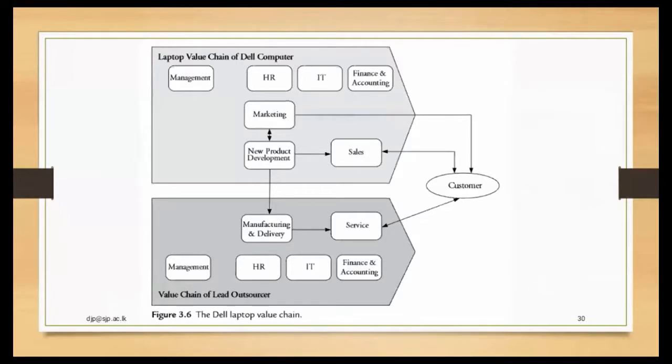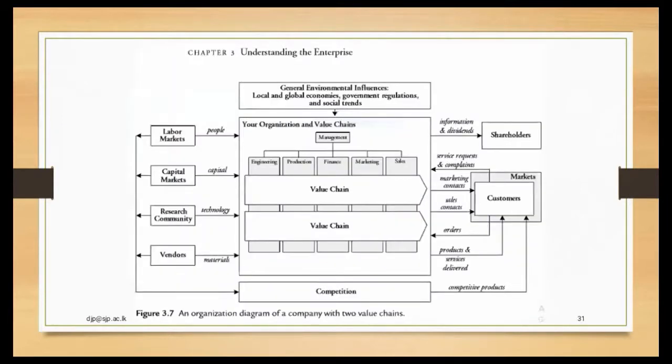So these are their primary activities in the value chain. And what are the secondary activities of the outsourcers? Management, HR, IT, finance, and accounting, right? So this is the value chain of Dell computer and its outsourced companies. So here in the next diagram you will see